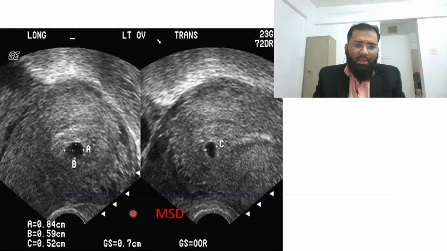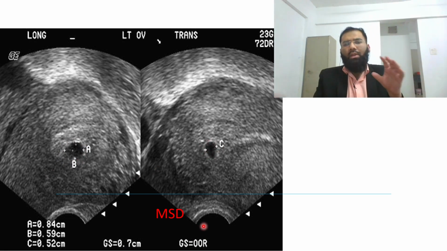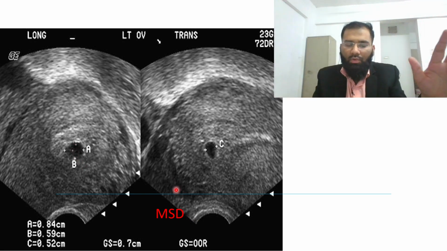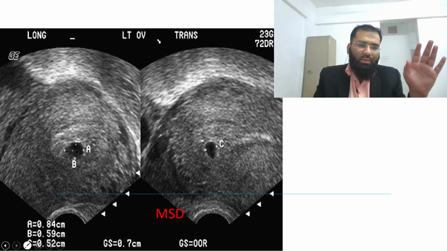Now let us see this image. So in this, can you see this structure? This is the G-sac. Now whenever you are seeing G-sac, are you able to see yolk sac? No, there is no yolk sac. Are you able to see fetal pole? No, you are not able to see fetal pole. So this is a case of early gestation, where you are still not able to see the fetal pole or